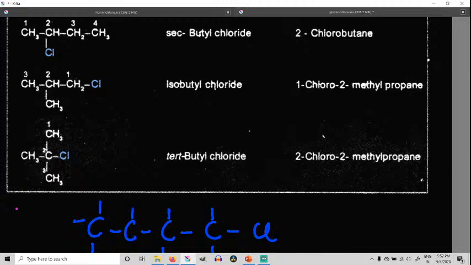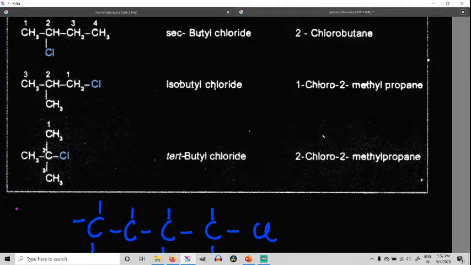I'm talking about the last one only, beta. The last one you can see here. When you count horizontally, you will see only 2 carbon atoms and the last one is chlorine. But we should always go for the longest chain. The parent chain will be decided by the longest chain. If we start counting vertically, 1, 2, 3 carbon atoms are there. But here you can see only 2 carbon atoms and then chlorine is there. So in this case only 2 carbon atoms, so that should not be the parent chain. The parent should have 3 carbon atoms in this case.